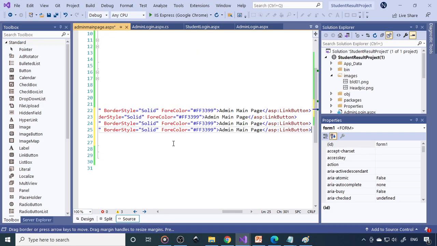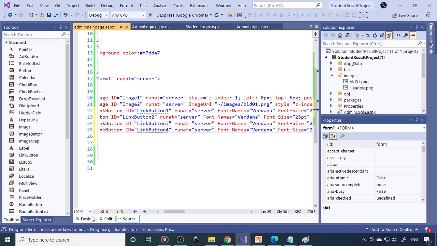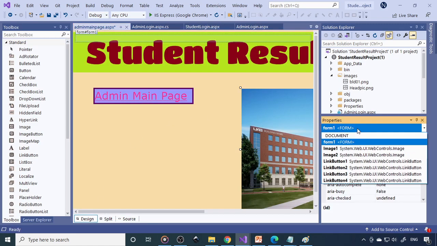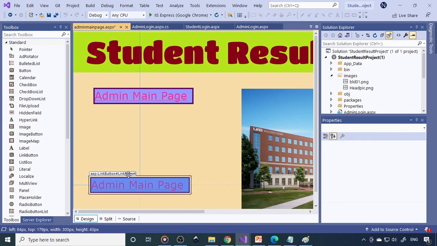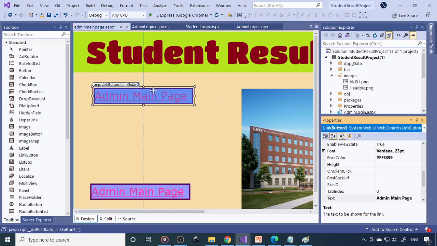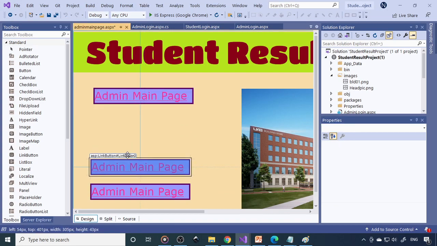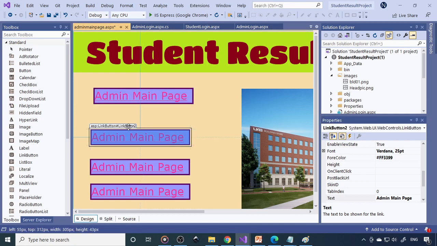Again one more, that is 4. So now what we can do is we can go back here in the properties, select 4, drag down, then select 3, drag down, then select 2, drag down.